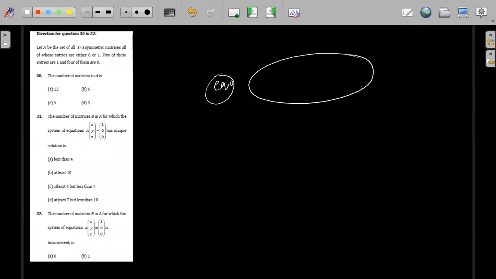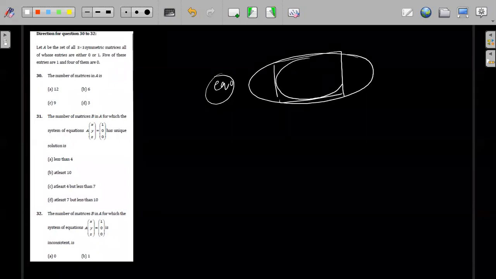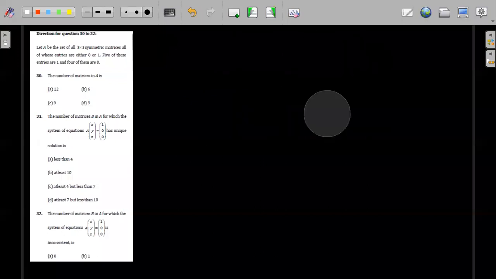Or what they will do, they will make questions like this: a rectangle inside an ellipse, then inside this again an ellipse, again a rectangle, again an ellipse, again a rectangle. You can spend time on this. You must have already seen this question in last year's paper, right? So like this they will increase the time you need for each question, but the question will be simple but time consuming. So determinant is one of those things which JEE likes, because it is a very simple thing, but in the simplest thing we make the most complex mistakes.